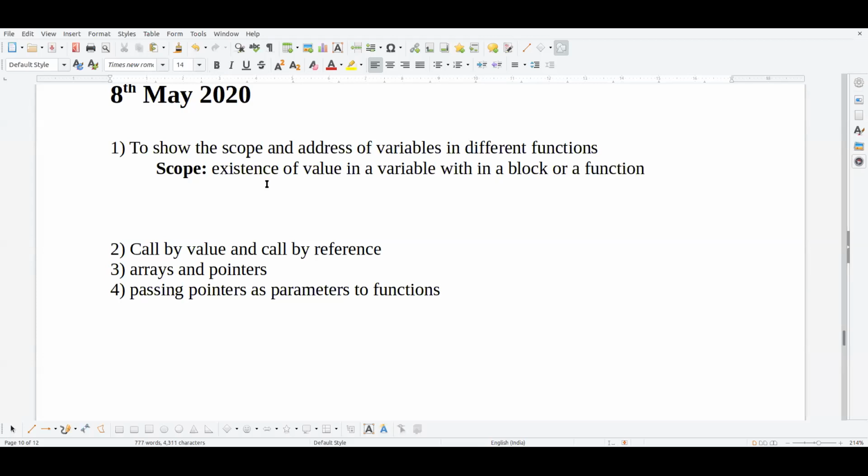It may be a main function or a sub function, any user defined function or any main function. So simply saying,